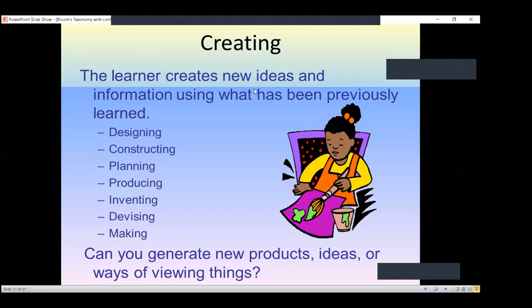So this is very important. Here we can ask the student to plan something, to produce something, make something. And it's not necessary that whatever the student generates has to be completely new. But he can make modifications to whatever is there. Suppose there is one goggle, and you make innovations to that. How can you use it in a better manner?